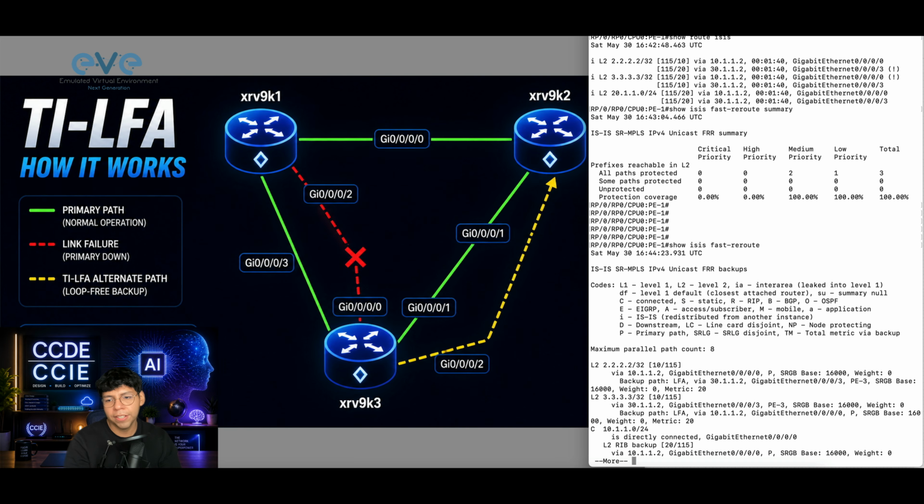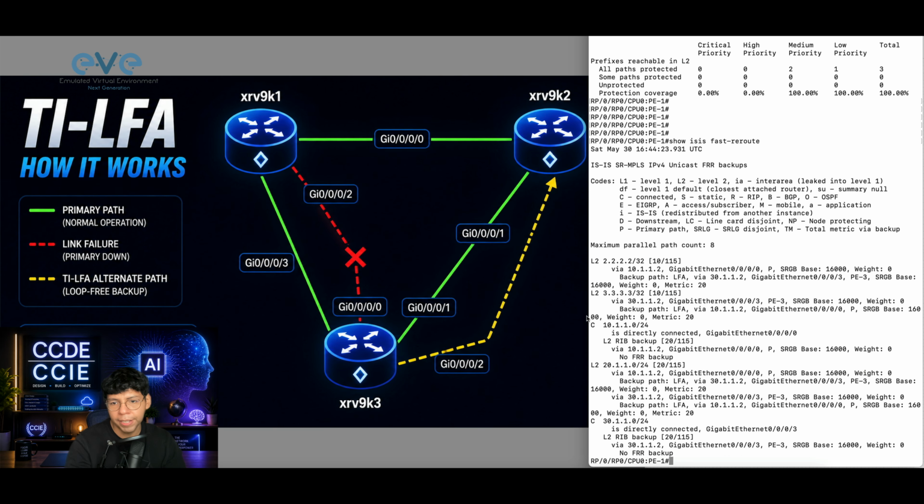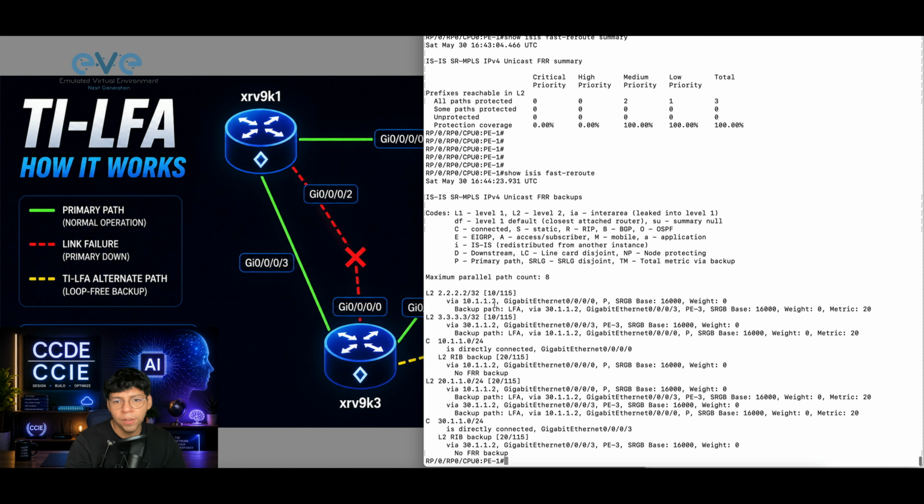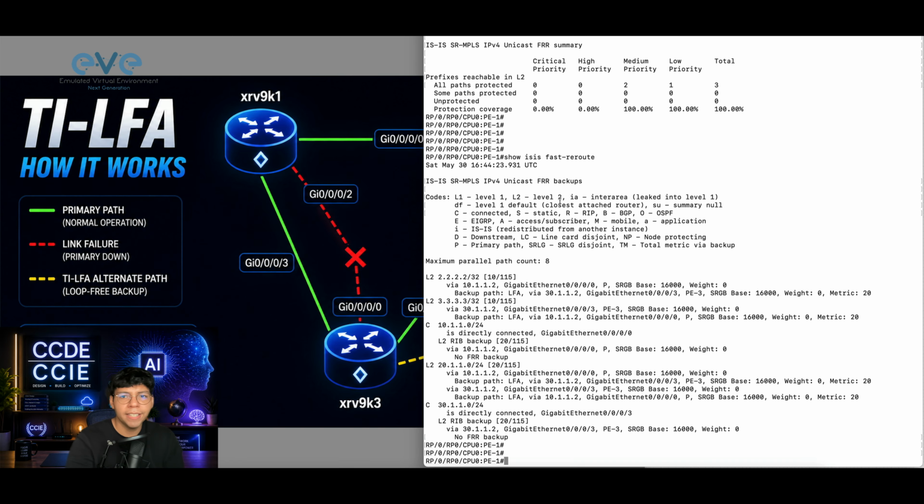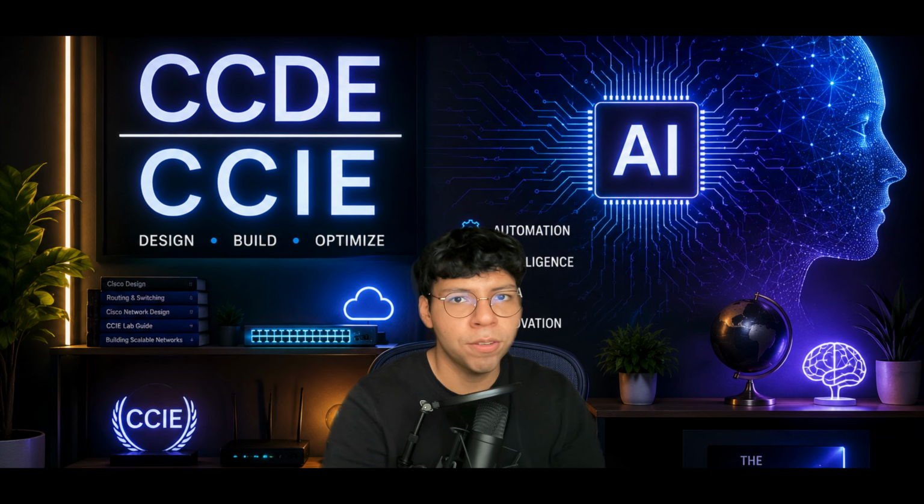There is another command that we can type, show isis fast-reroute, and here we can see that there is a backup path for all the prefixes that I have in my network. I will just expand this a little bit to show you better. So here, with this command, we have the loopback 0 of router 3, and we see a backup path enabled over there. It means that the router, apart from installing the main path, also installs a backup path, which is the target of TI-LFA. So with this show command, show isis fast-reroute summary,